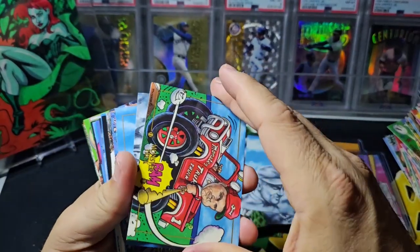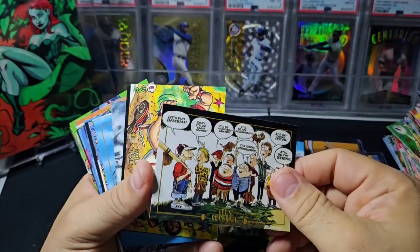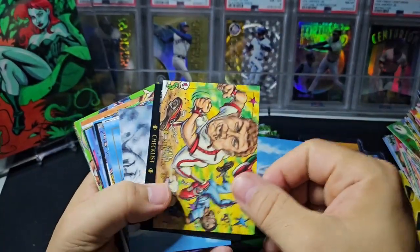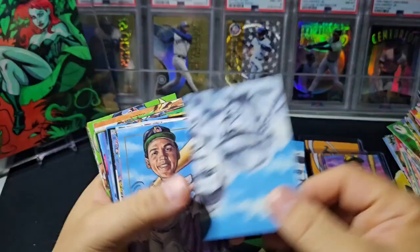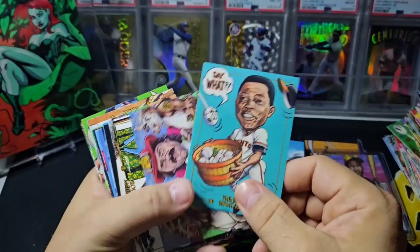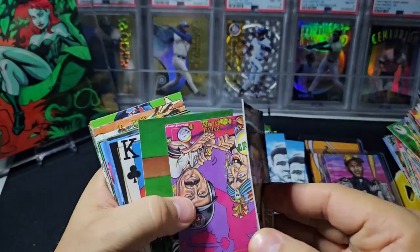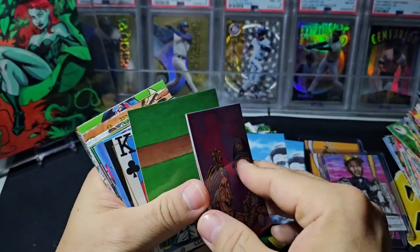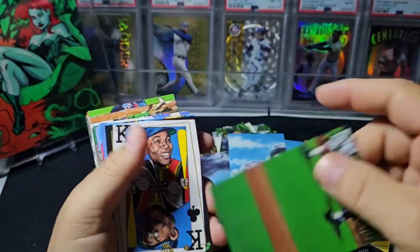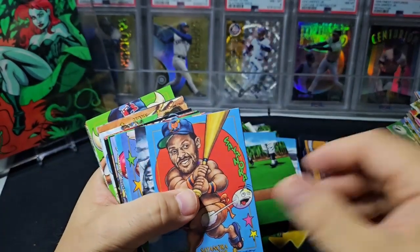I think this was one of those kind of fun sets that just kind of came and went, and very few people probably even remember the set today. For me, I didn't know about it till I really started researching other things, and so yeah, I'm sure a lot of you guys have never opened this product. At least I've never, and if you did, you probably weren't like, oh, if you could only open one product from the 90s, it's going to be Cardtoons. But